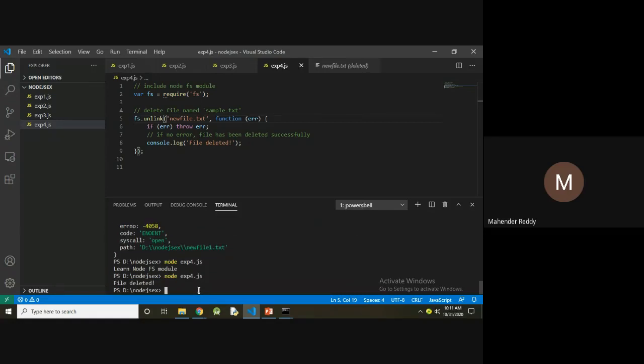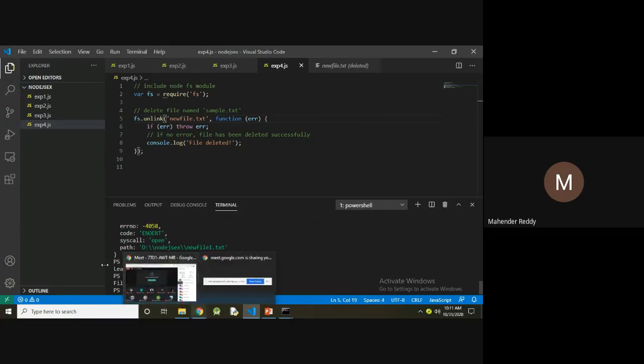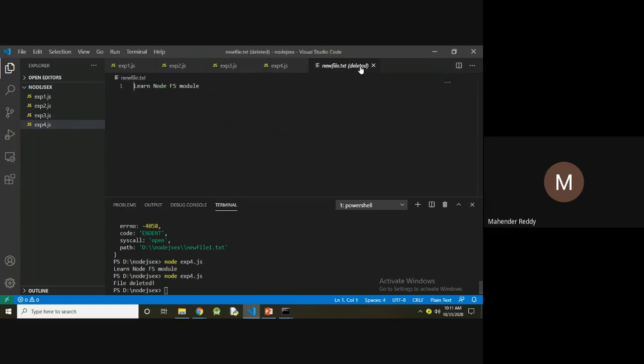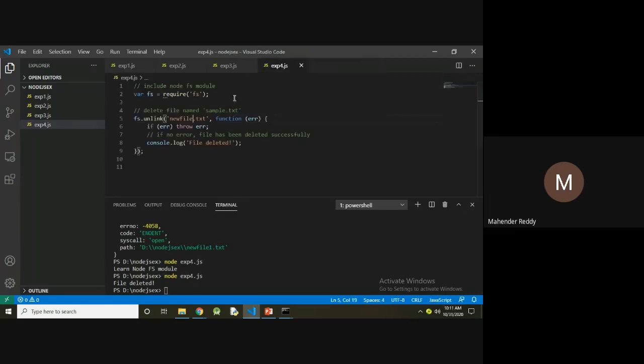If it is deleted successfully, then it returns the message. Here there is no new file.txt file anymore, so it will display that new file.txt is deleted. So this is the way to create, read, write, and delete a file.